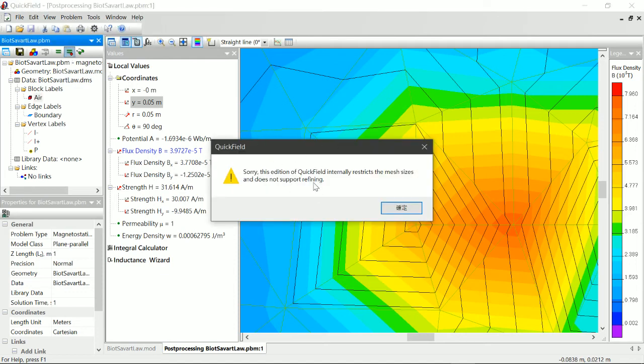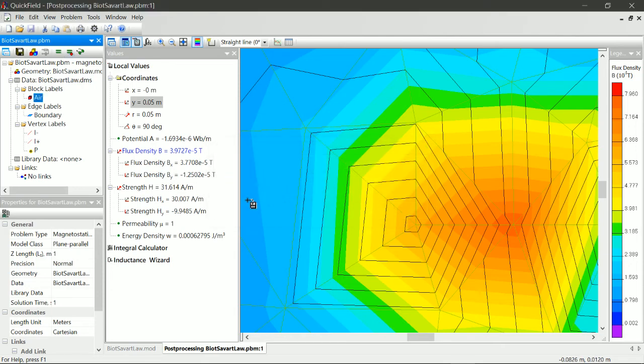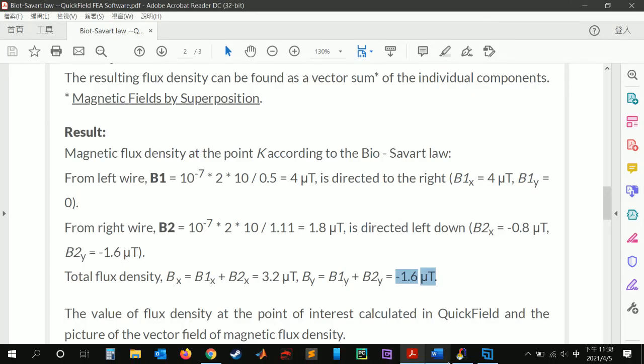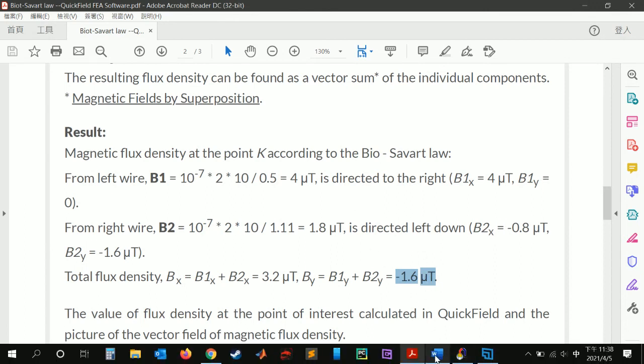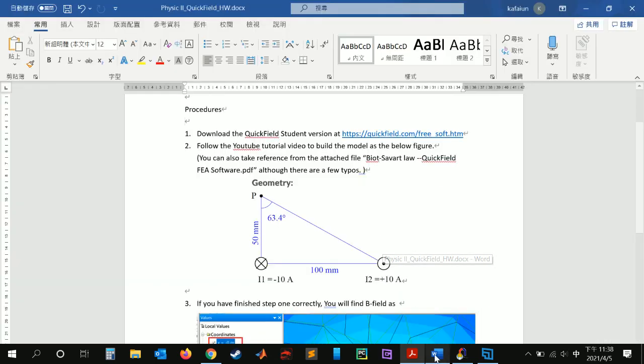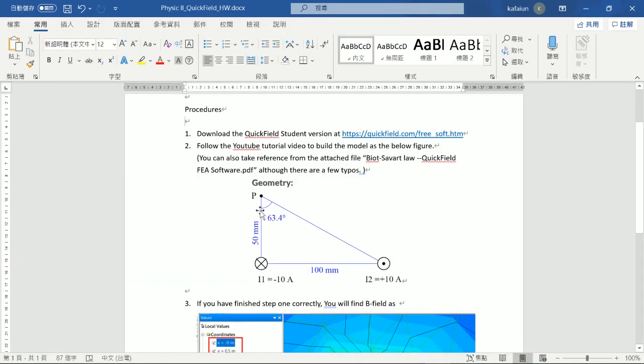However, this is the student version, so it will tell you that the addition of QuickField internally restricts the mesh size and does not support refining. So we may not be able to get a more accurate answer, but that is good enough for the homework. And as long as this, you already get the correct